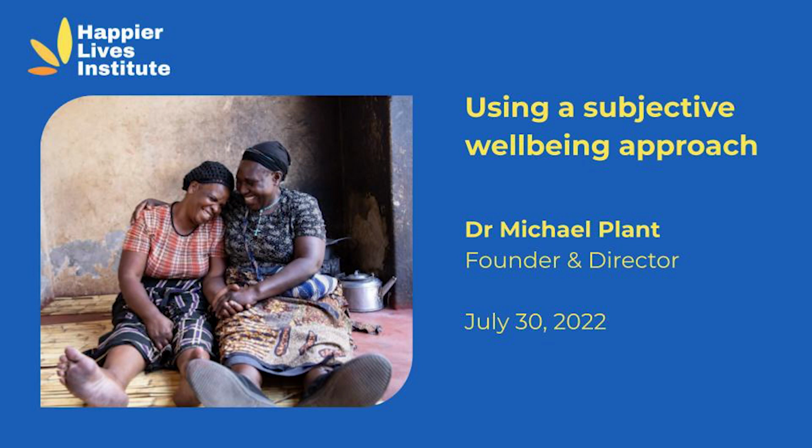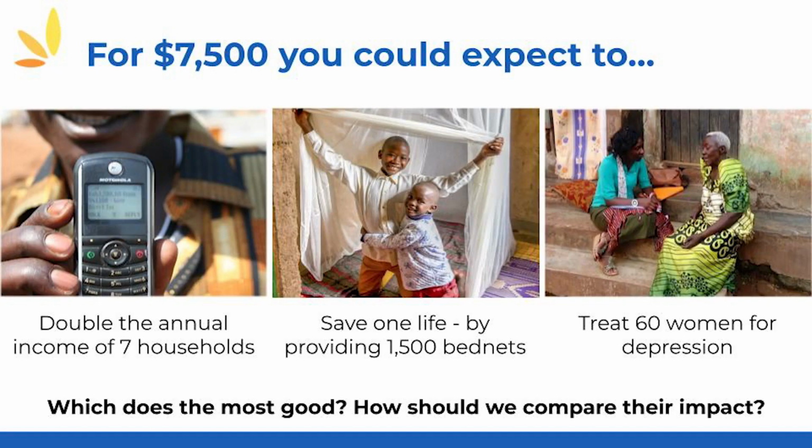All right, hello everyone. So I'm going to whiz through these. This is a familiar setup, so we're trying to compare different sorts of things. You've heard this twice already, so we need some kind of common way of doing this. How should we think about comparing these in a sensible way? Jason already mentioned the quality approach, this way of trading off quantity and quality of health.